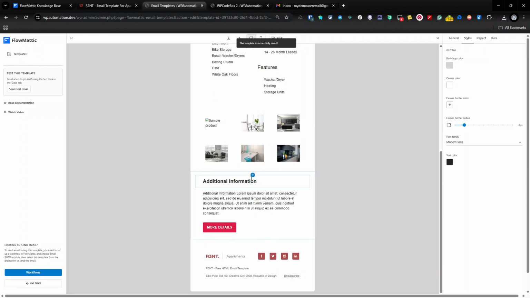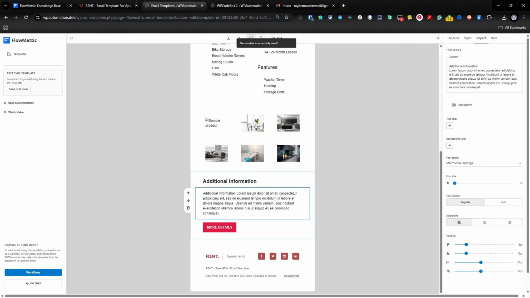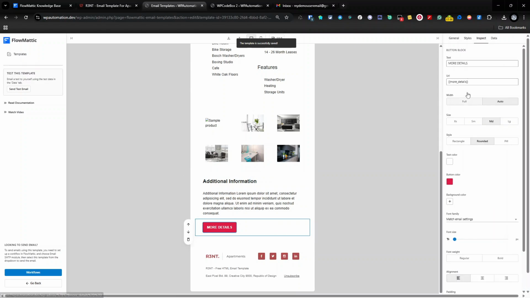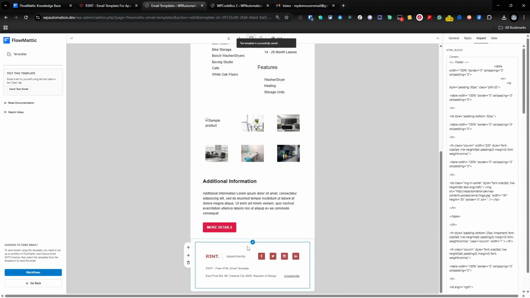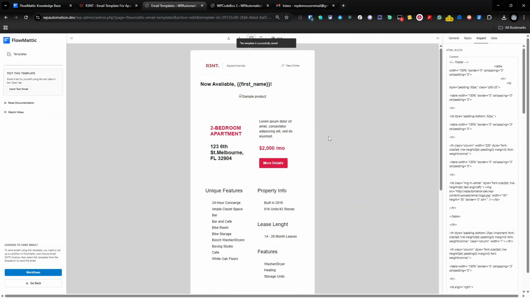And the call to action again is a heading, some text, and a button, with the button link being dynamic data, which is exactly how you'd build it in WordPress in general. And just like the heading, I've decided that the footer probably won't change very much. So again, I've gone with raw HTML with an unsubscribe link being dynamic data. And that's basically our email